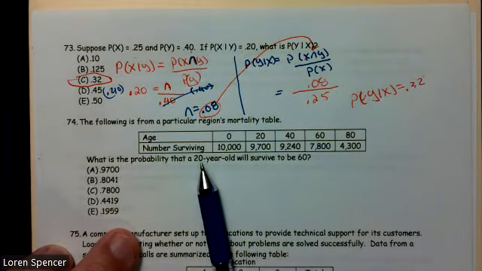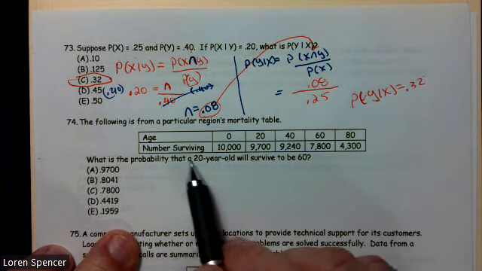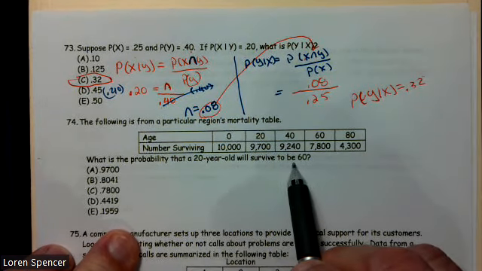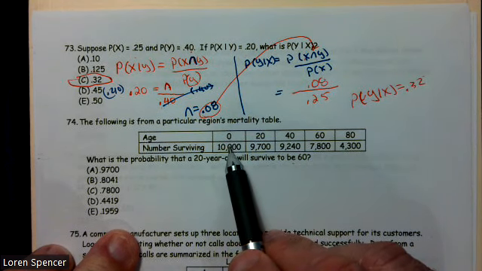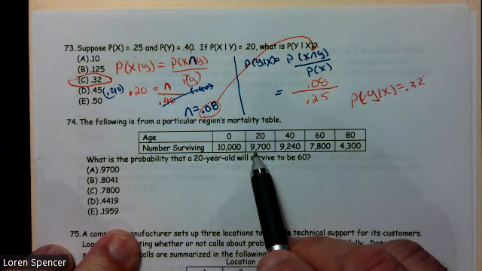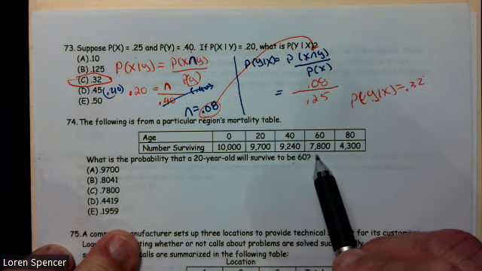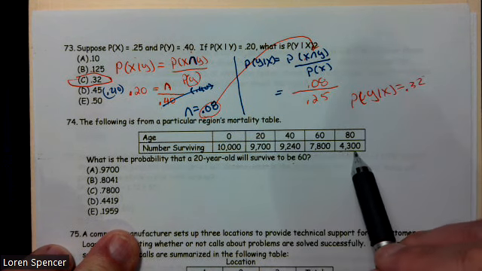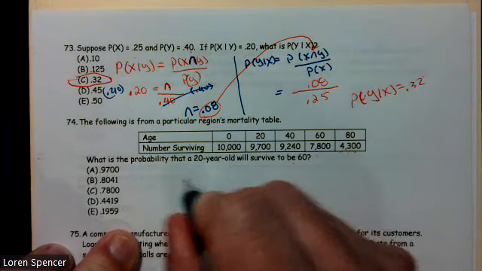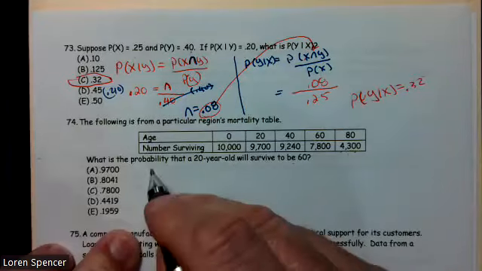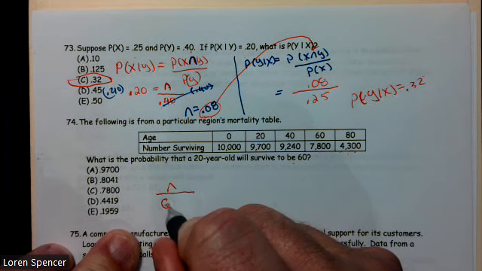Okay, moving on. The following is from a particular region's mortality table. What's the probability a 20-year-old will survive to be 60? Well, what they're saying is, we started off with 10,000 people. Then at age 20, there were 9,700 left. At age 40, there are 9,240. At 60, 7,800. And at 80, there's 4,300 left. So this is a case of given. All right. So given that they live to 20, and it's intersection over given,